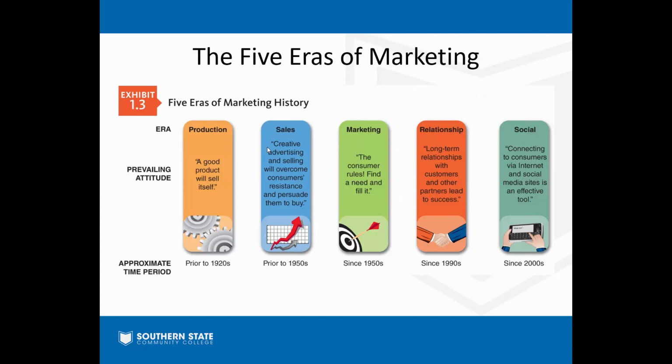The book talks a little bit about the 5 eras of marketing, and it's important to understand where we've been in order to get a feel for where we're going in marketing. It talks about the production era, where we started out when the Industrial Revolution took place and we had the means for developing mass quantities of standardized products. As an outgrowth of that, we had this production philosophy: we'll just make a whole bunch of stuff and it'll sell.